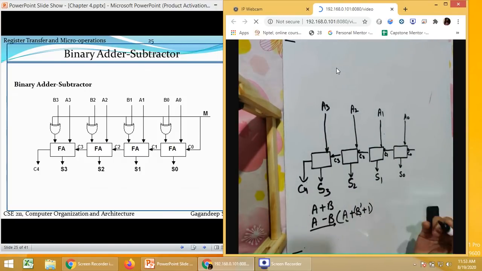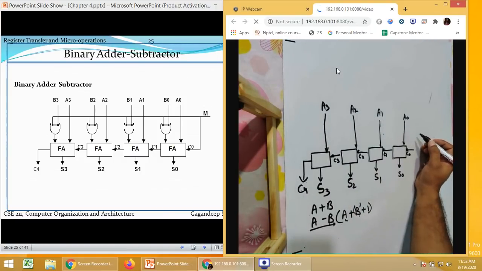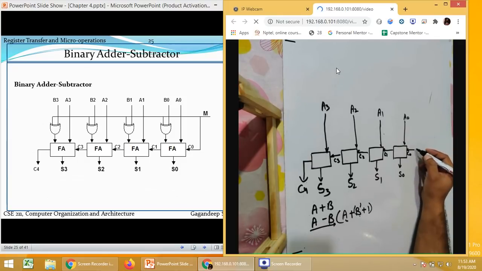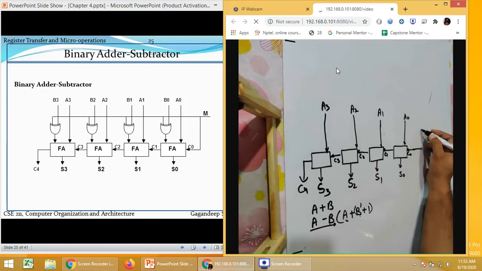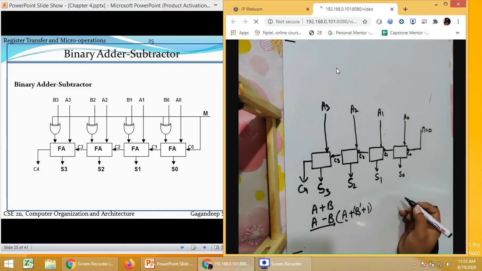Next is the change in B. So what is the change? This is a value known as M. This will be holding a function that decides how your circuit is going to perform. I will make a table for this.